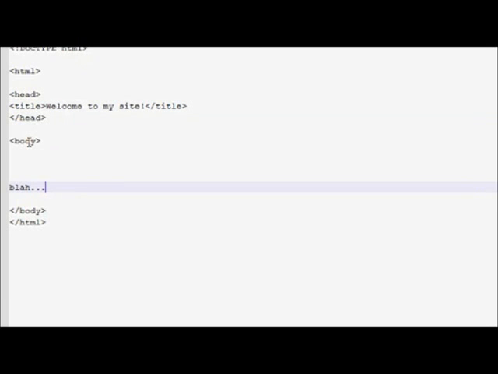And the last one is the body tag, and whatever's in here actually gets shown on the web page. So we're going to create our first statement, or in other words, showing words. You want to type in font, just like that. And then,